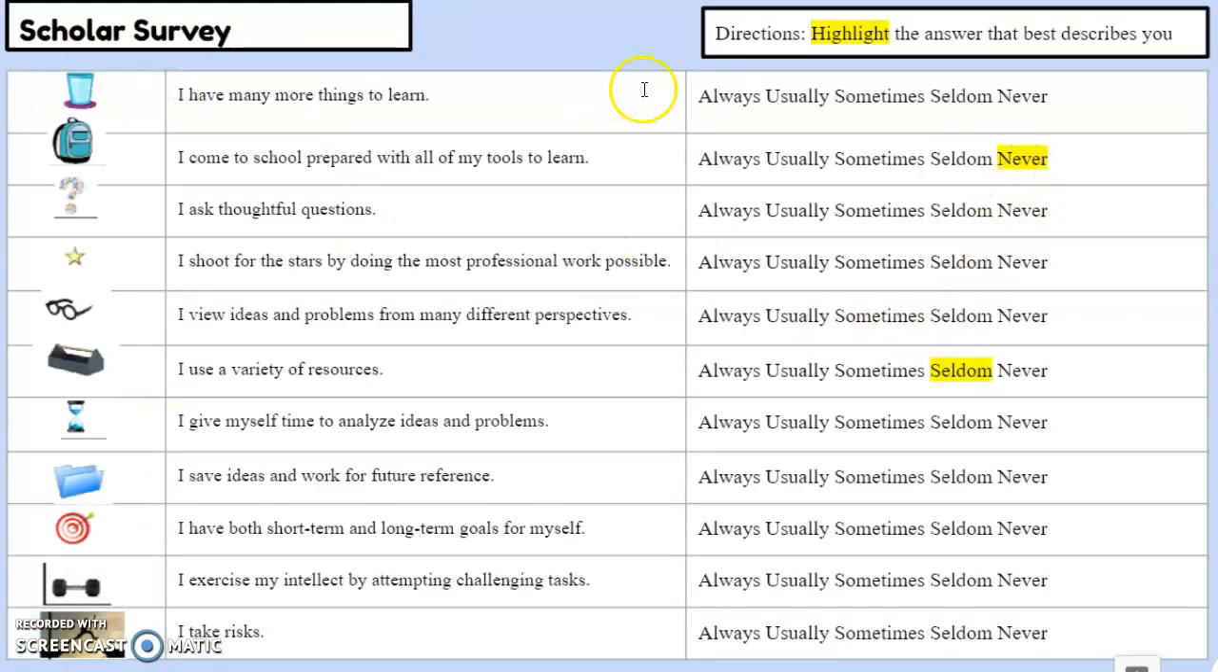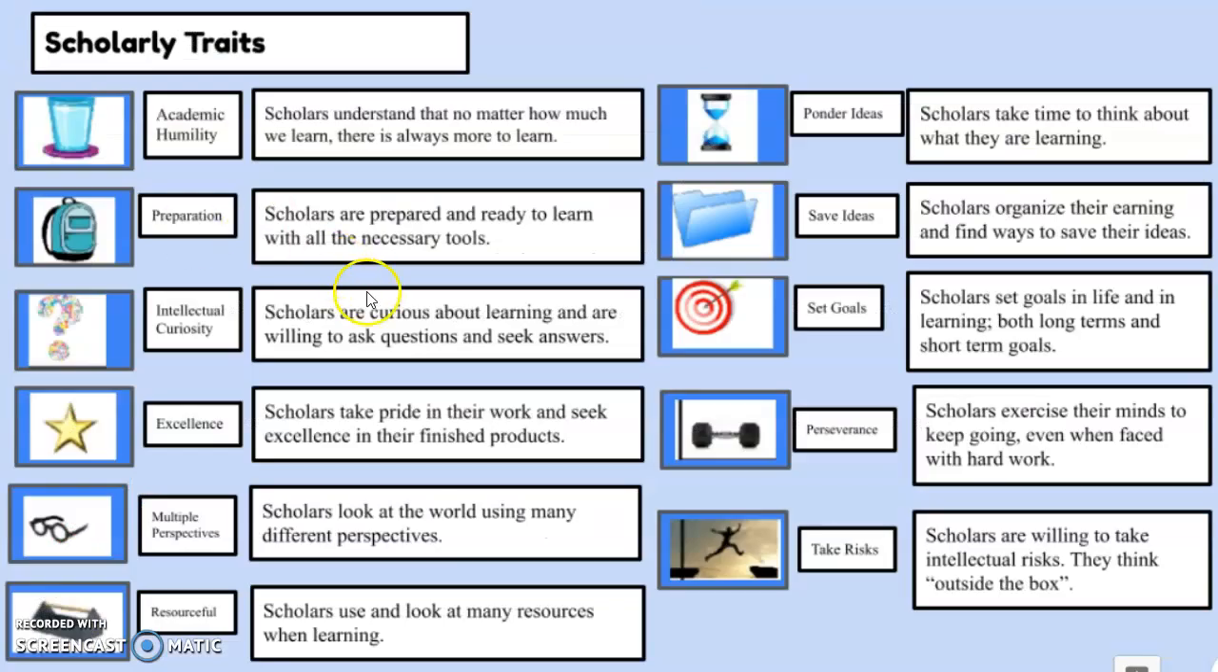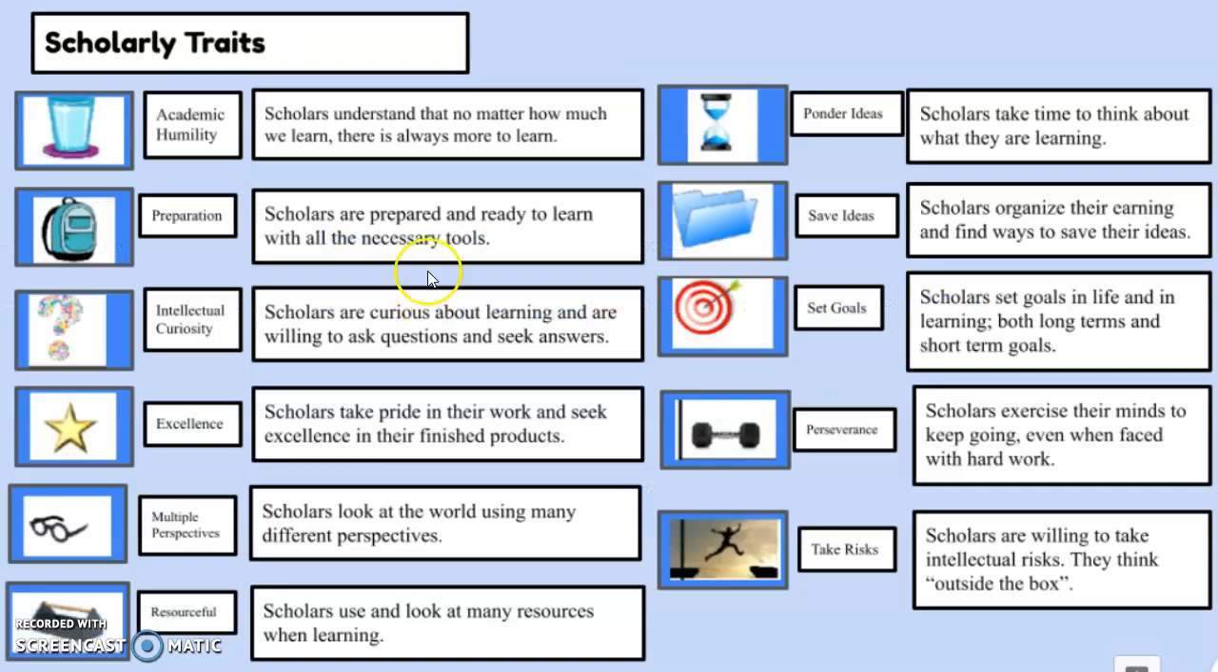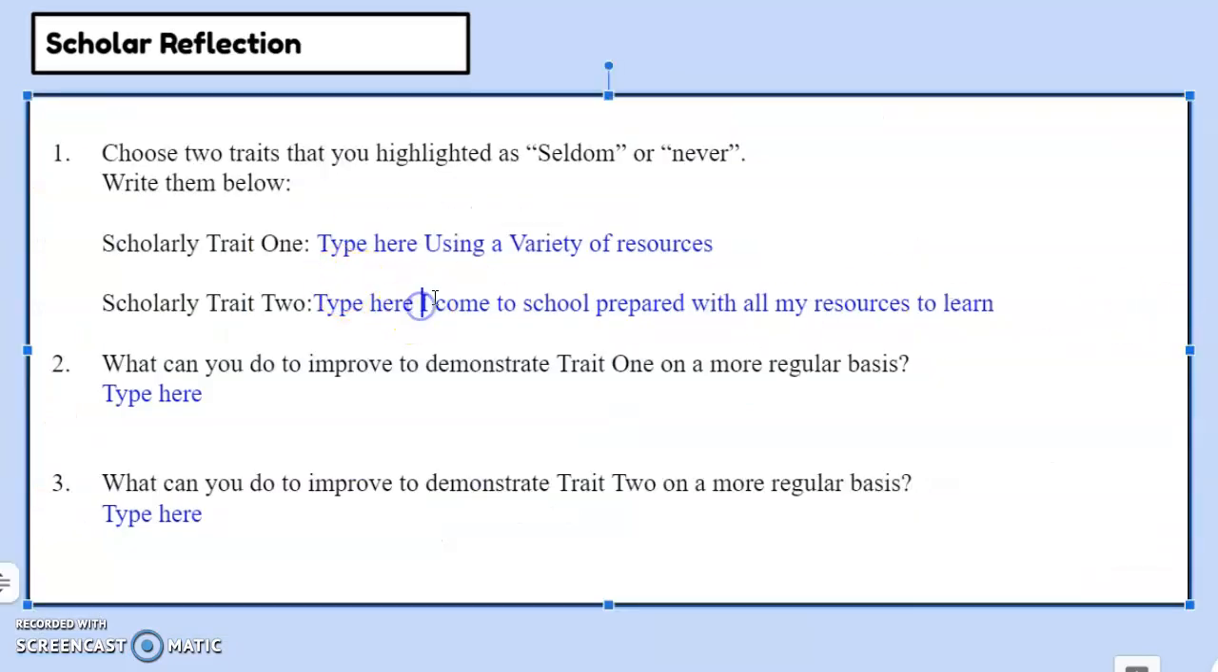Next one we put never was I come to school prepared with all my tools to learn. So you're going to write, I come to school prepared with all my resources to learn. We're going to talk a little bit more about the traits and giving them names, but that scholarly trait is known as preparation. So for this one, you would put in front of it preparation,